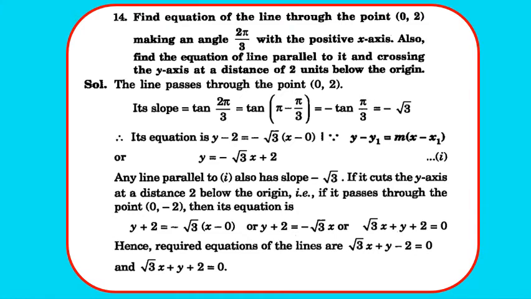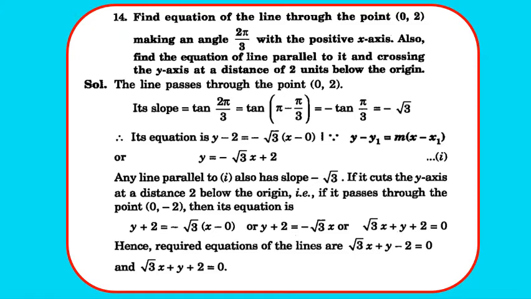Moving to question 14. Find the equation of the line through the point (0, 2), making an angle 2π/3 with the positive x-axis. Also find the equation of the line parallel to it and crossing the y-axis at a distance of 2 units below the origin. Now the line is passing through (0, 2) and the slope is tan θ, that is tan 2π/3,